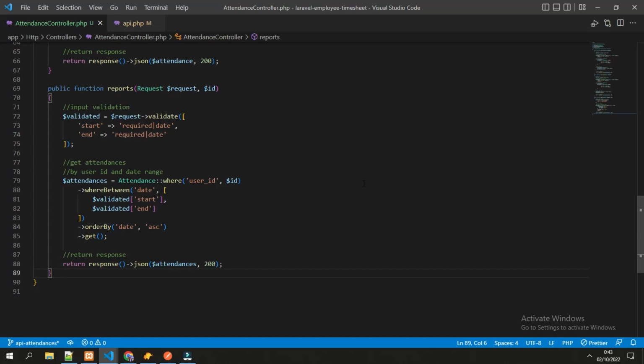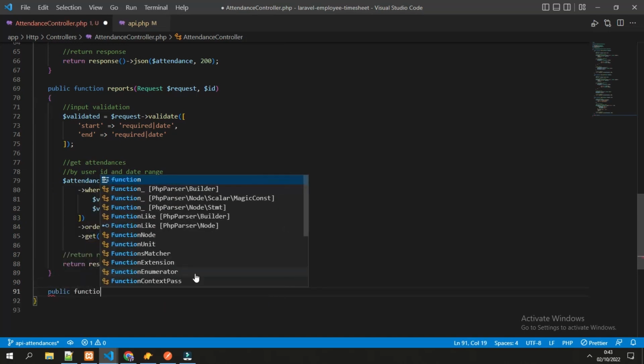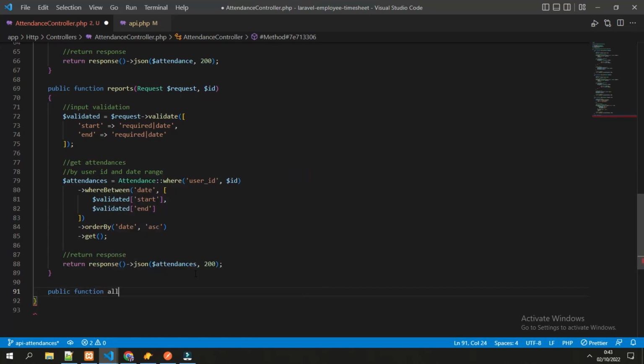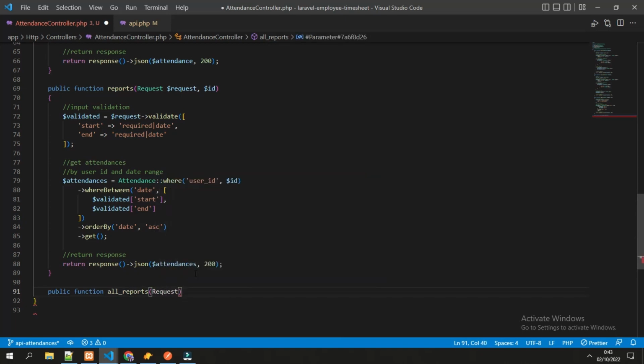The last function would be the all reports. So let's create the function, public function, let's say all reports, and expecting a request object.